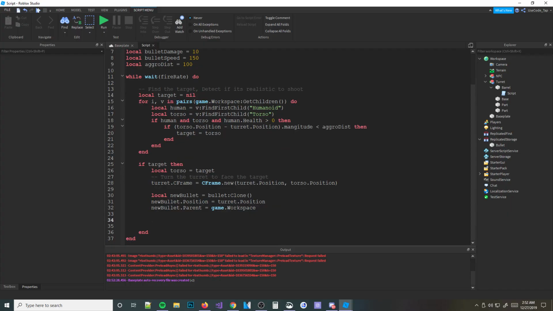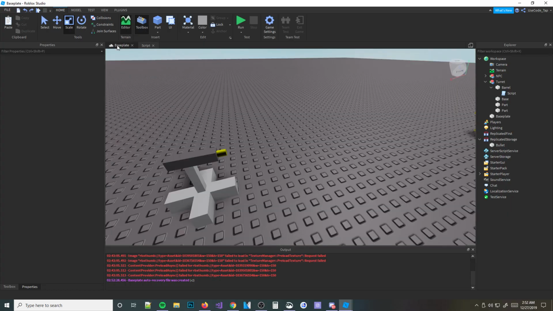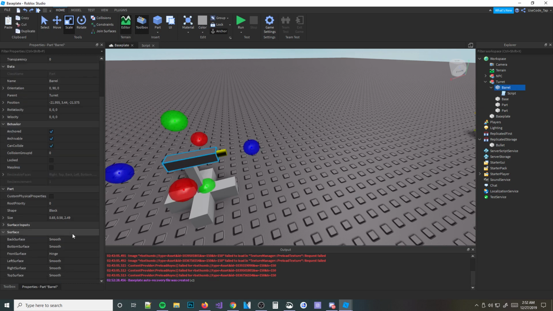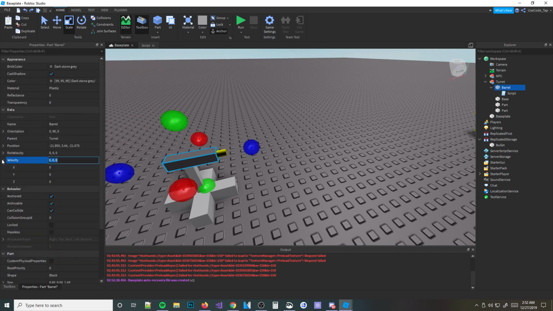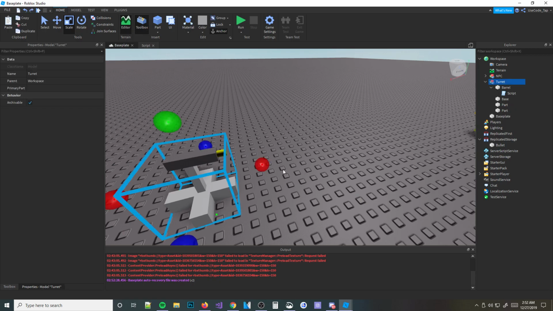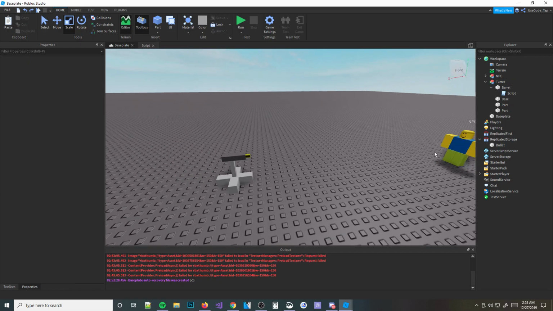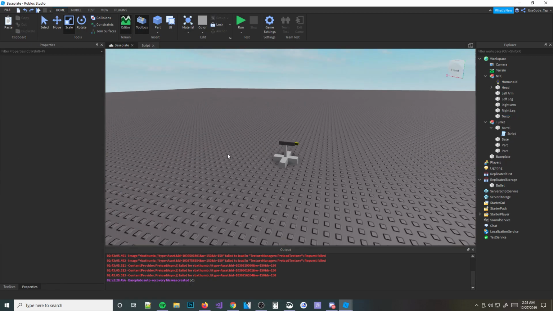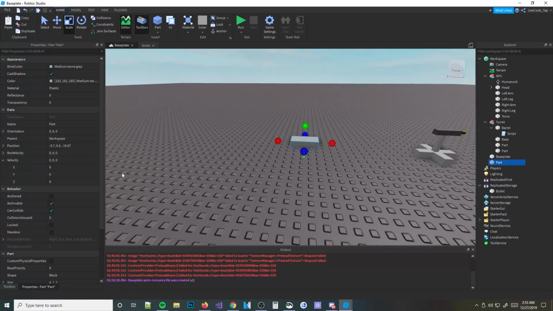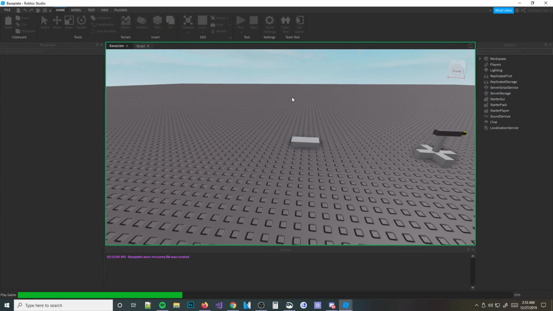Now here's where velocity comes in. Now I'm not sure if you guys have ever used velocity before. I've actually never made a tutorial on it or spoke about it before in my videos. So basically, what velocity is, if you guys don't know, it's a Vector3 value. But basically, what it does is it makes a part move, or it makes something move. All right. So if I were to set the velocity of just a part right here, right? To 100. I'm not sure if it's actually going to work because there might be a little bit too much friction, but